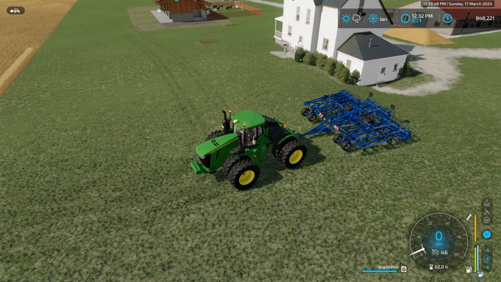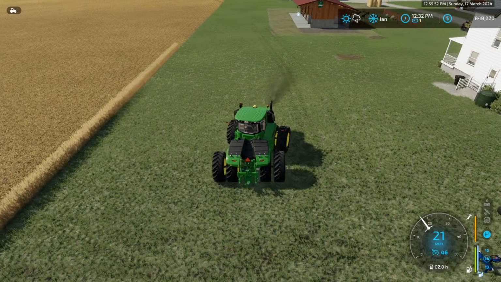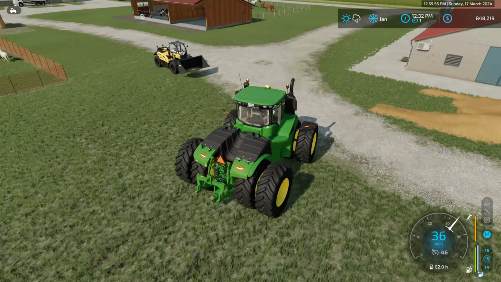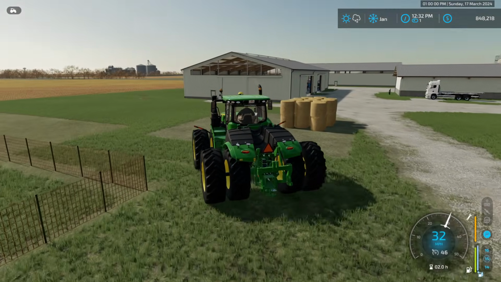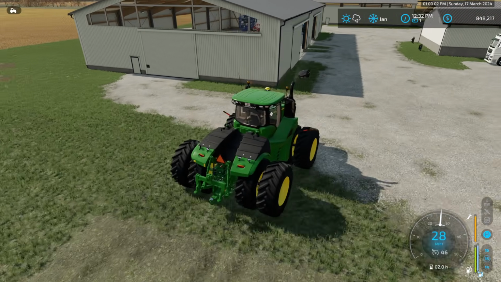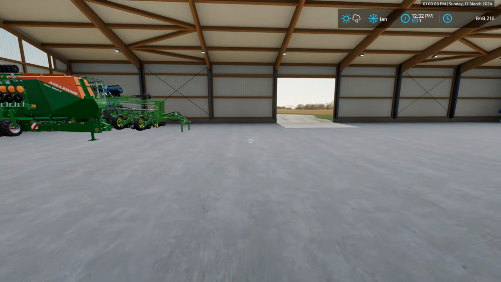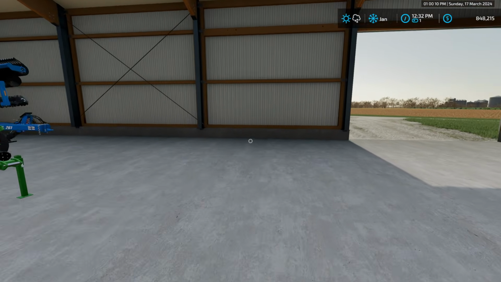So what we're going to do is drop this cultivator right here, and we need to grab our mulcher. I don't know if I have one. I should have one. I'm pretty sure I have one. I really don't know what all I have because we have so much equipment. Let me look in here real quick and see if we have a mulcher, because we need to mulch, and then we need to